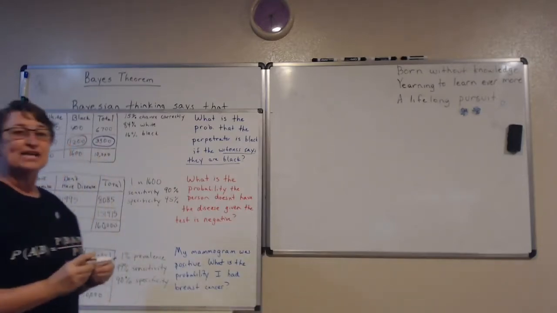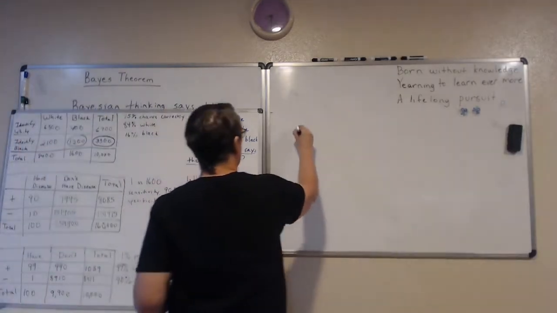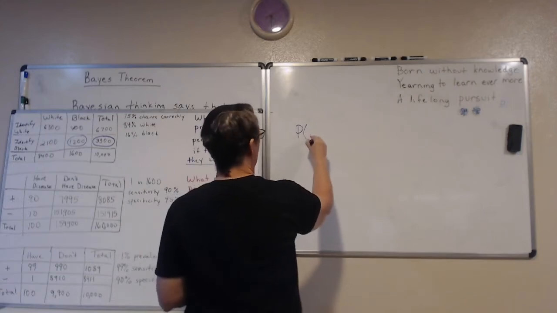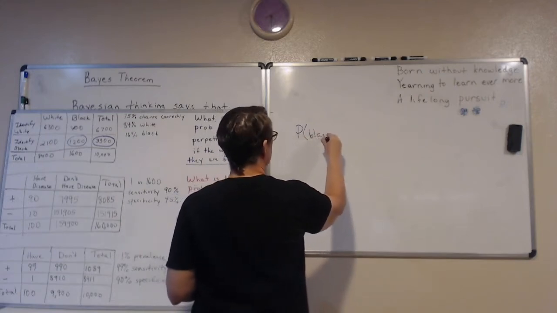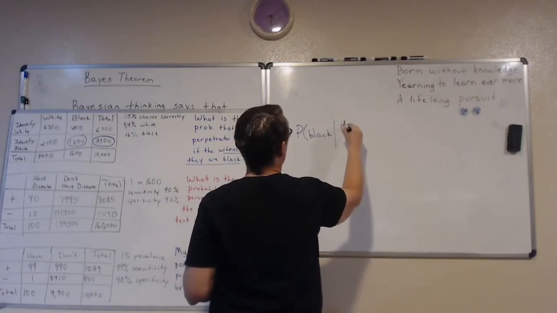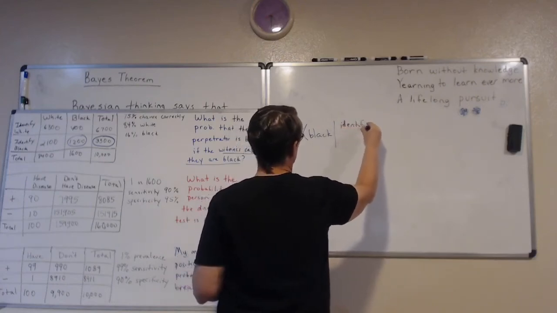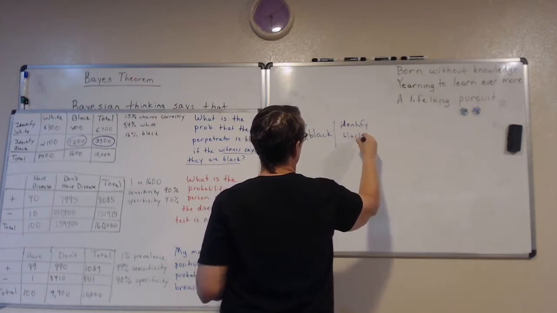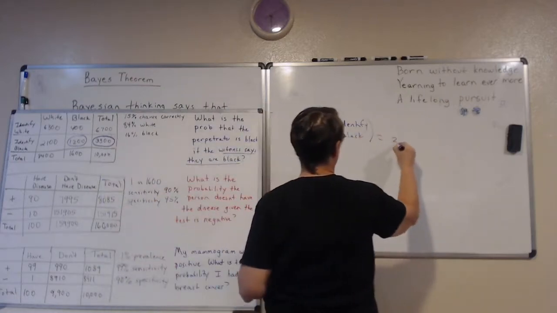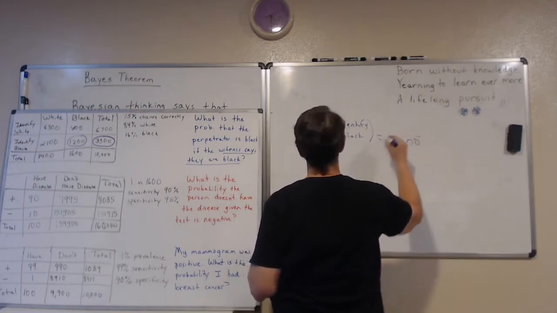So notationally, here's what we're doing. We're finding the probability that they are black given that the person identified them as black. And my denominator is that 3,300, and my